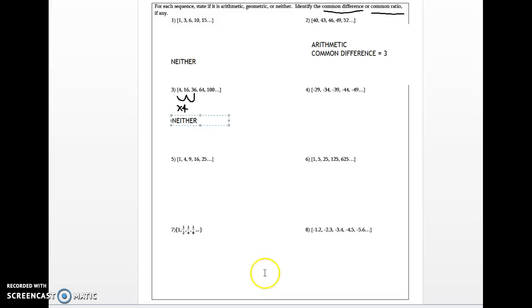You could have tested also for the common difference. So from 4 to 16, you're skipping by 12. From 16 to 36, you're skipping by 20. So it's not going to work. It would be neither. For the fourth question, from negative 29 to negative 34, some students said it was arithmetic